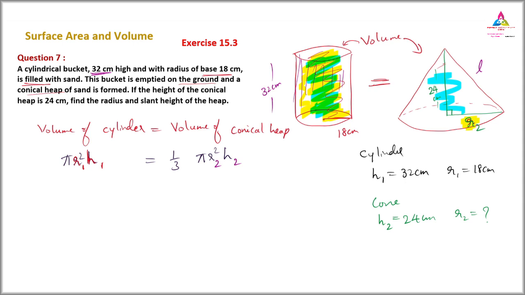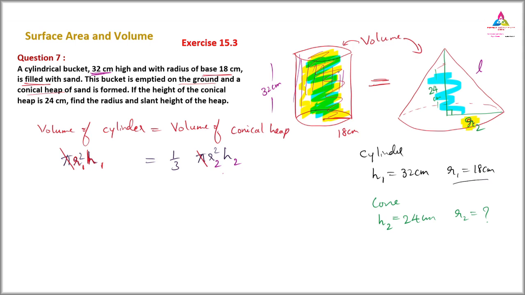So pi gets cancelled. Directly I can cancel this pi and this pi, because on the left hand side and right hand side everything is multiplication, so we can cancel. Otherwise you can shift this pi to the other side, it will divide by pi, and again it will cancel. That is left to you, you have to make the step more or less. So obviously this pi and this pi got cancelled, because the pi value will not change.